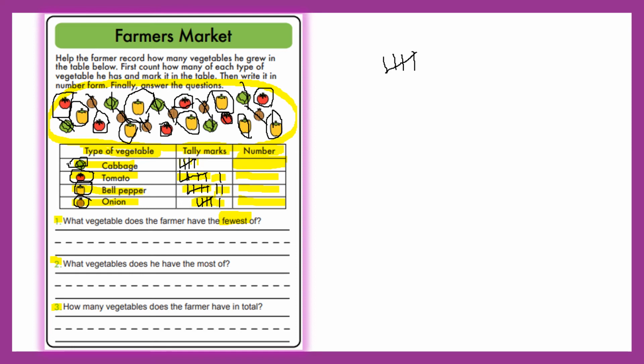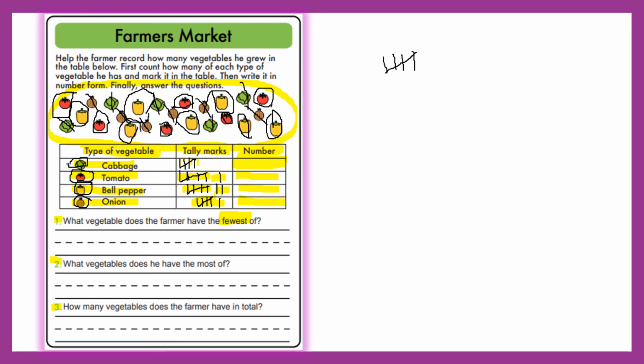So is it the biggest, the most, or the smallest, the least? The fewest vegetables. All right, so look up here and see which number shows the fewest, which group shows the fewest amount, the fewest number, and